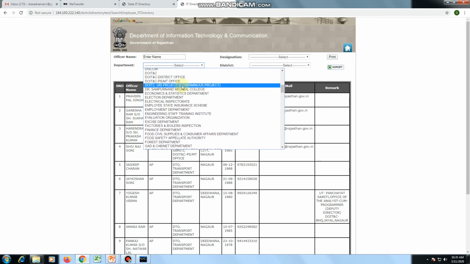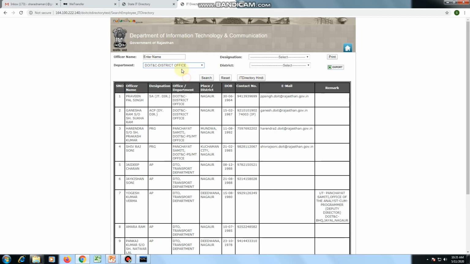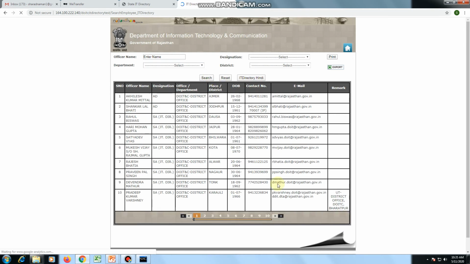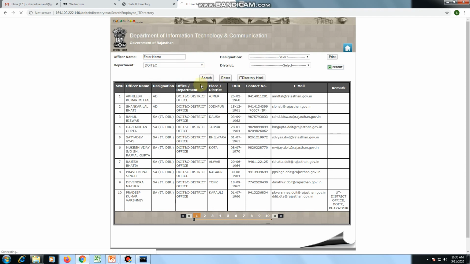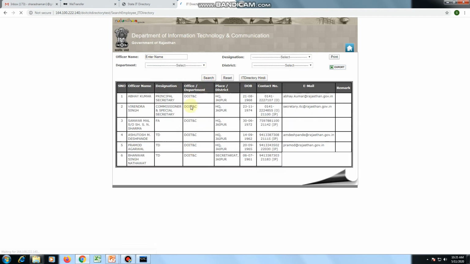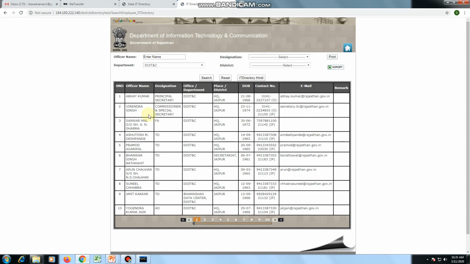So here I'm going to select DOITC district office and press select. While pressing this search button, I'm getting this result, and only employees of this department belong here. Whatever department you select, you can get details from that particular department only. So here the where clause is doing its part.